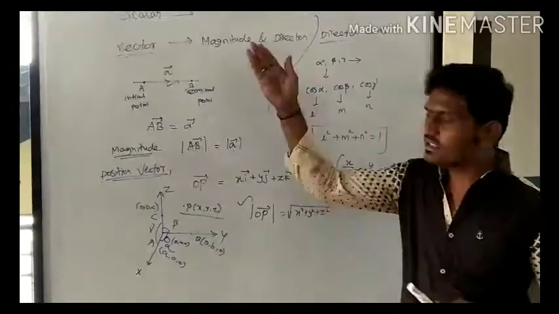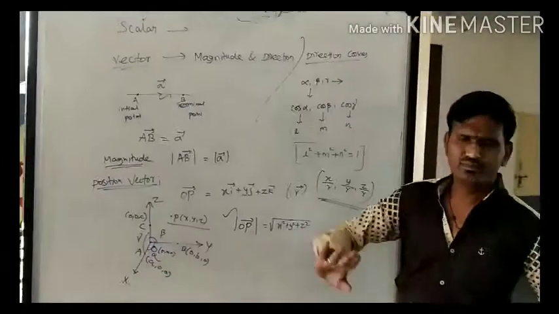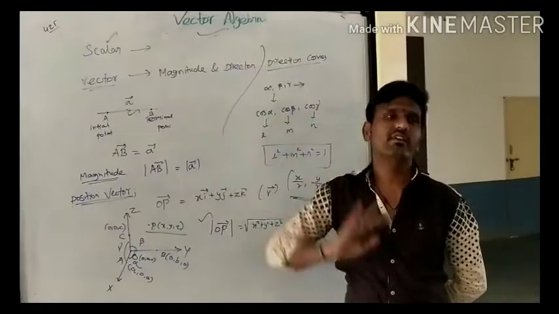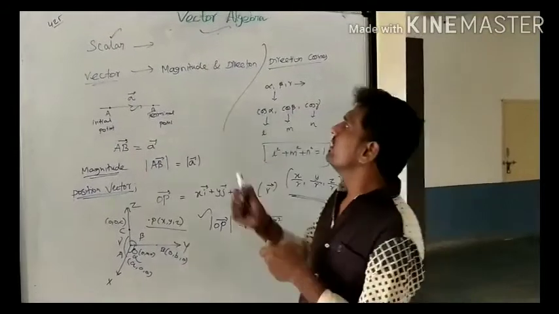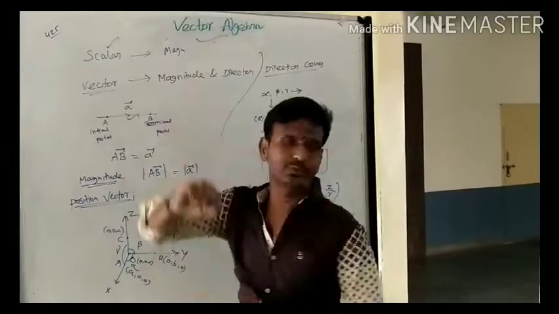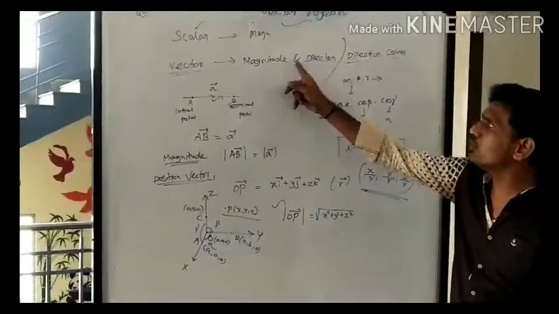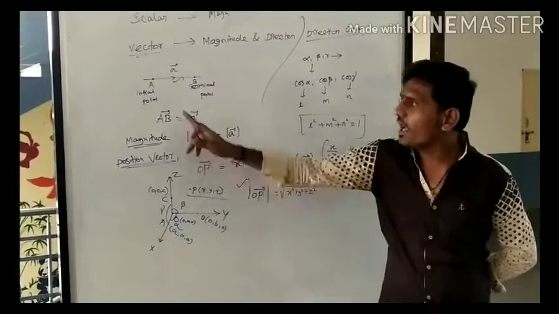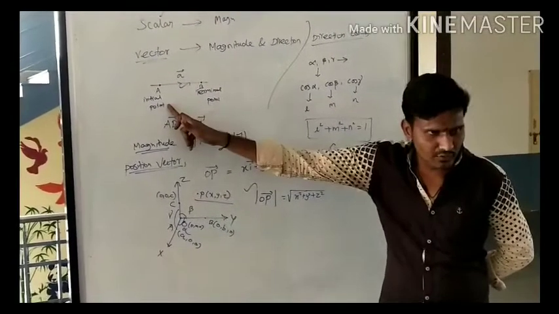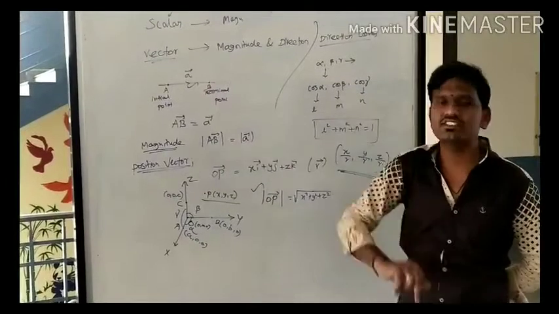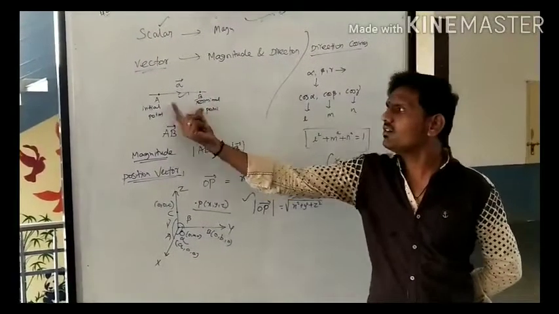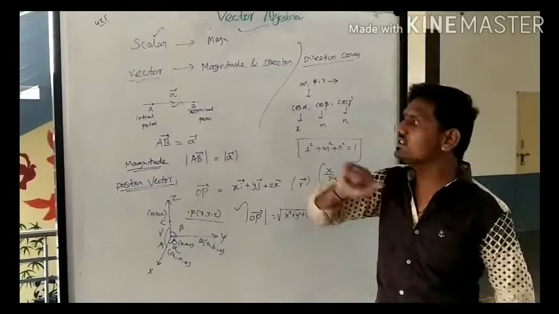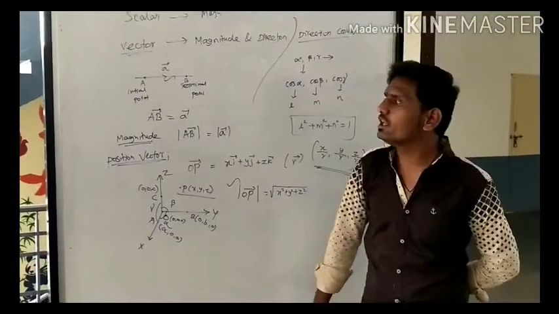Yes. So just recall our question. How does the vector come? We have two quantities, scalar and vector. Scalar is only magnitude. And a vector has magnitude as well as direction. How do we represent a vector? As a directed line. We have to mention two points: the first point is called the initial point and the second point is called the terminal point. The length of the vector is called the magnitude. So this is the AB vector.